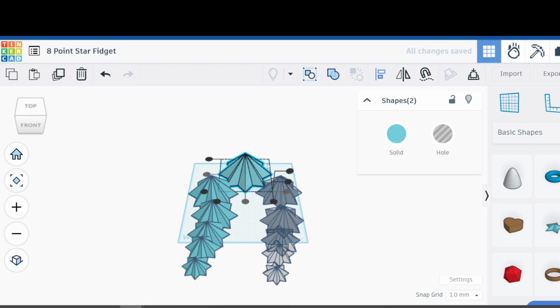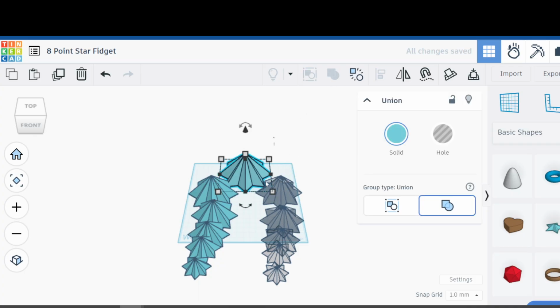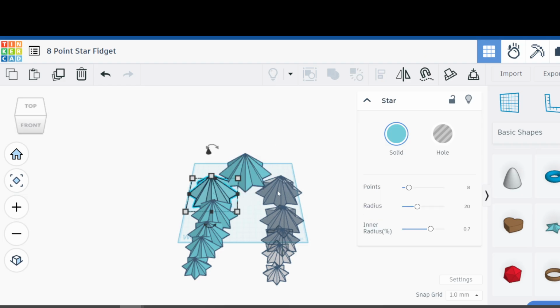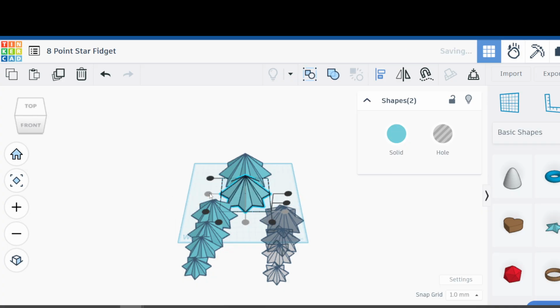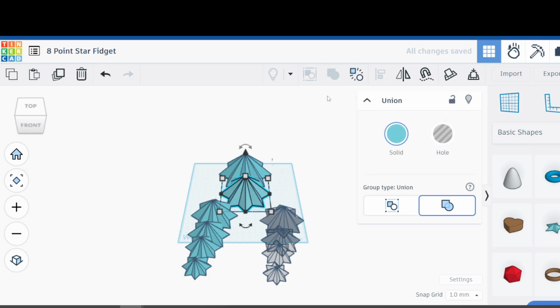Okay, and now they've been aligned, we're going to group them so they're all one piece. Okay, let's go to the second set. Click here, hold down the shift key, click here, and we'll align, hit the letter L, and here and there, and then we're going to group those, and let's get the next two here,